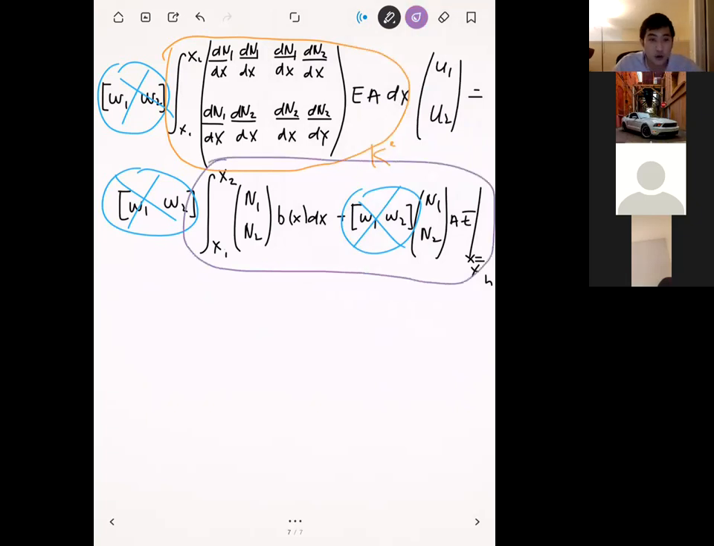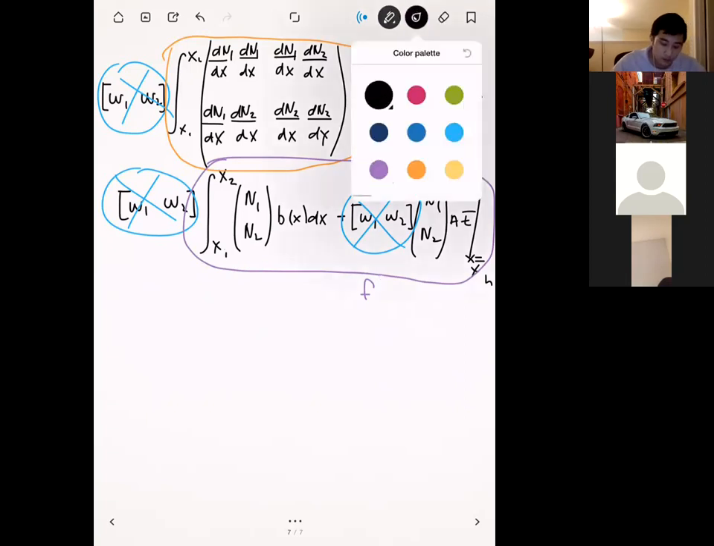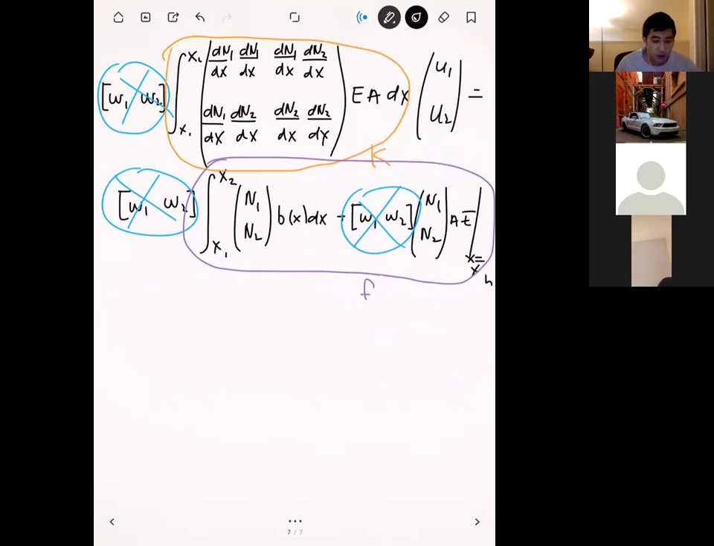And then everything that I'm circling in purple right here, I'm going to call this FE. And so this FE here is going to be the element forcing vector, okay? Actually, I'm going to drop the E's for a second. All right. And so after we cancel out the W's and group all these